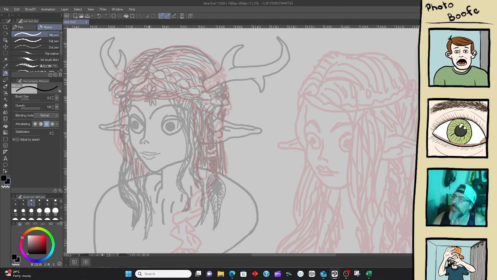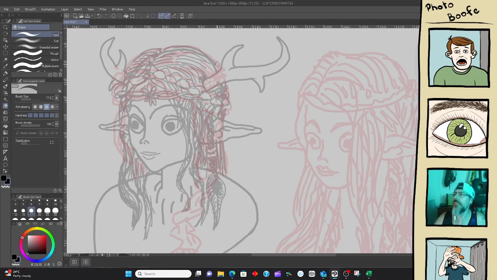And I might put a little pendant thing running down the part of the hair. Something with little jewels or pearls.